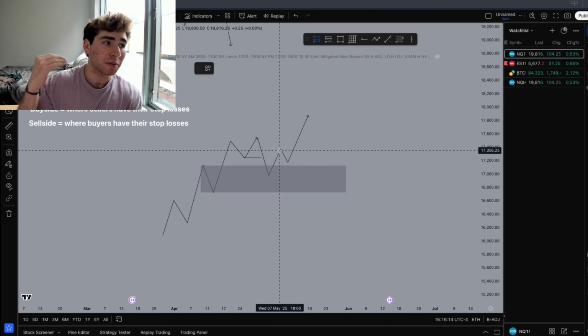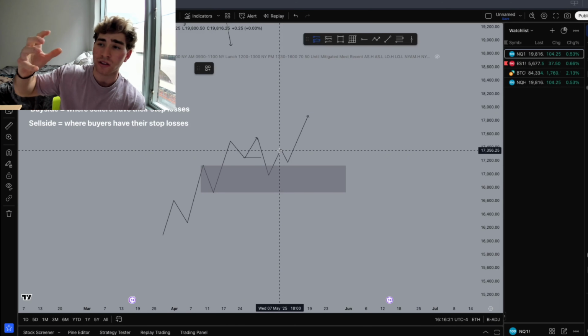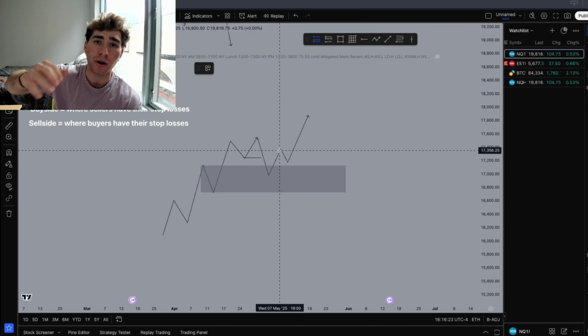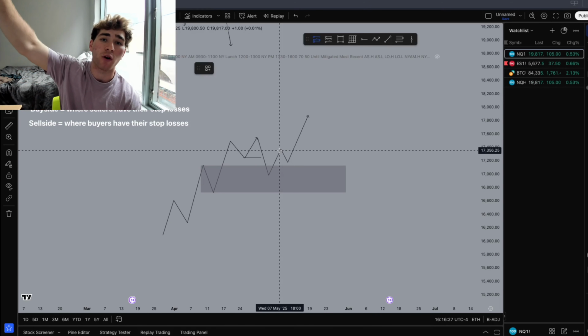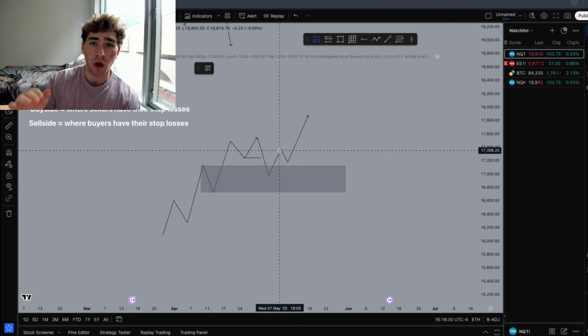We want to target them and we want to see them get taken out because the banks are constantly targeting these levels. They're constantly pushing price and drawing it towards these levels because they want better fills. If banks want to go short, they're going to want to take out buy side before dumping the market. If banks want to go long, they're going to want to take out sell side because that is where everybody's